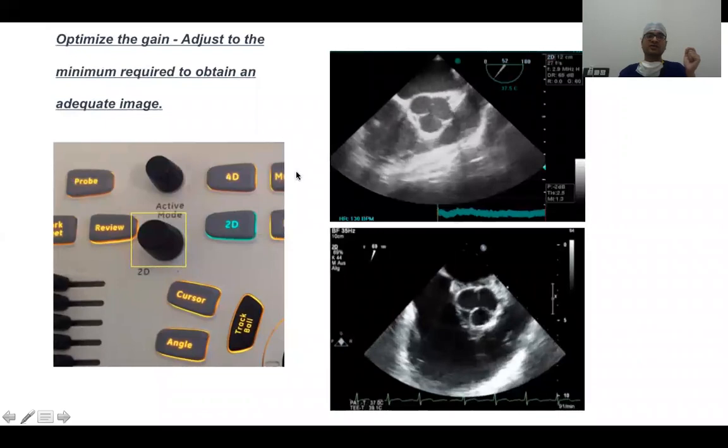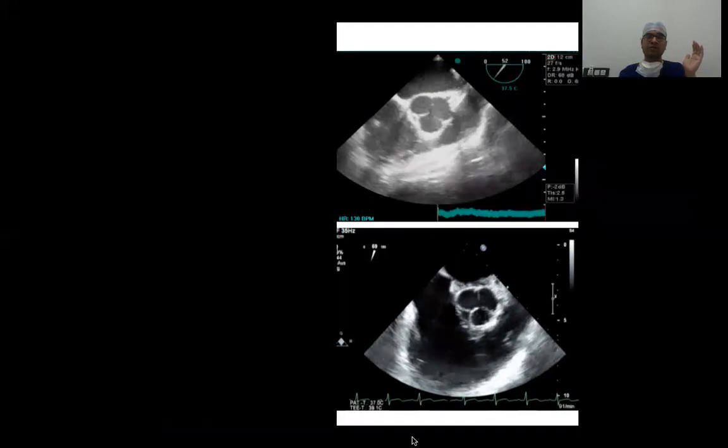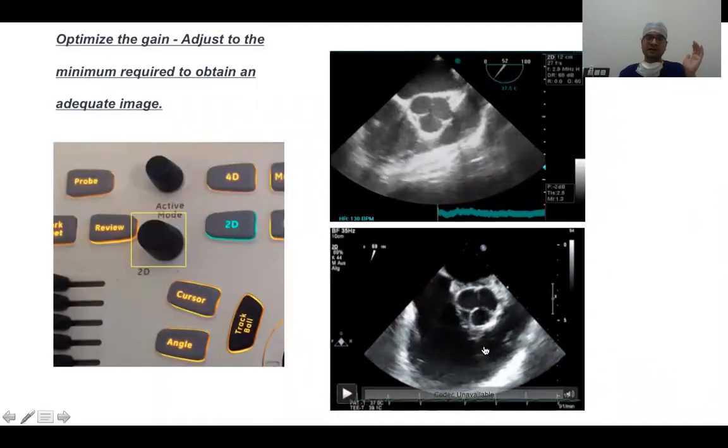Next is 2D gain. 2D gain amplifies the overall gain of the system. So the gain will be increased all over the ultrasound field. As you go up, the tissue structures get brighter and the cavity is more gray. Optimum imaging will be like the cavity, or here the ventricles, are dark and the tissue is gray. So the delineation of the tissue structure is proper.